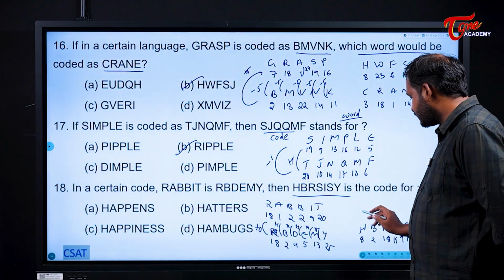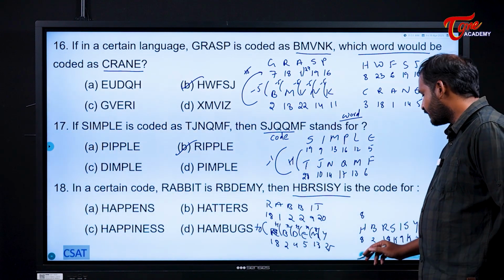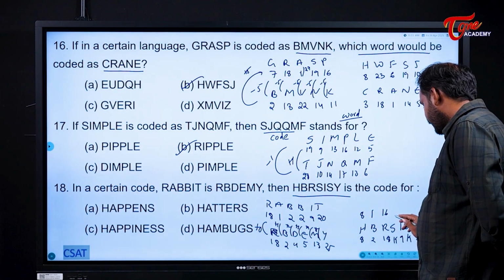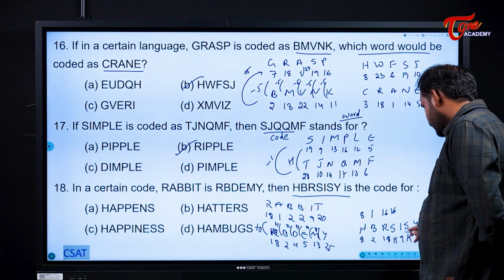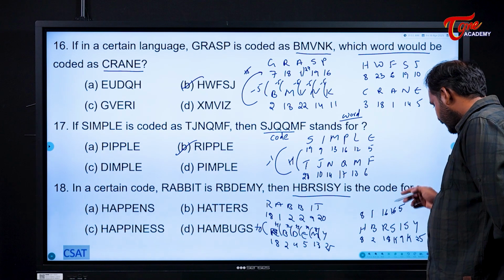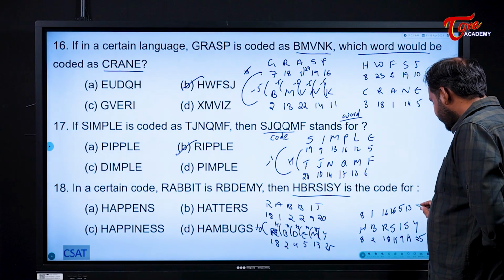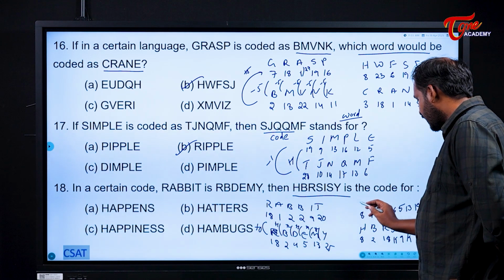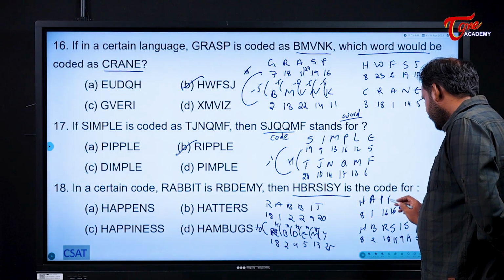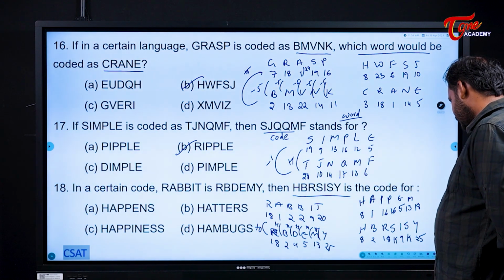So minus 0 means 8. This will become minus 1 means 1. Minus 2 means 16. Minus 3 means 16. Minus 4 means 5. Minus 6 means 13. Minus 7 means 18. So what will be the answer? H, A, P, P, E, M,